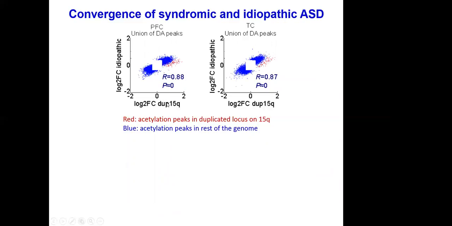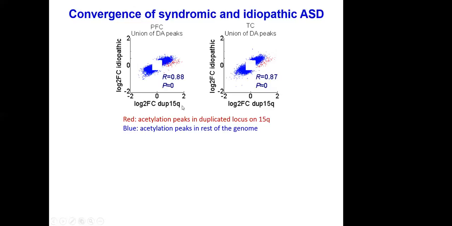But there are a lot of syndromic forms of autism. They have autism and other symptoms. I always felt personally that it's a bit weird to call that autism, right? Because they have so many symptoms and there's one gene that's knocked out and is doing so many things. Is that really even autism? At the molecular level, are they similar to idiopathic autism? And by idiopathic autism, I mean autism for which you don't know the cause.